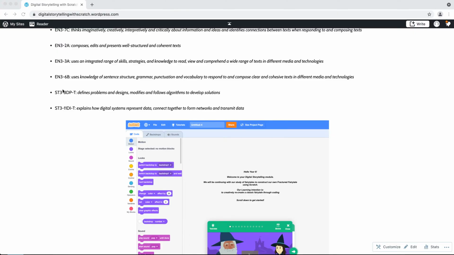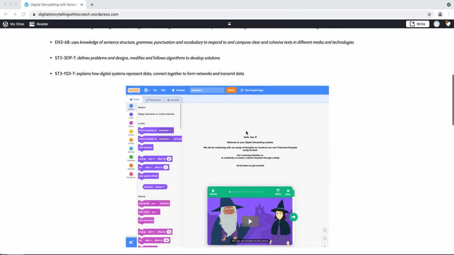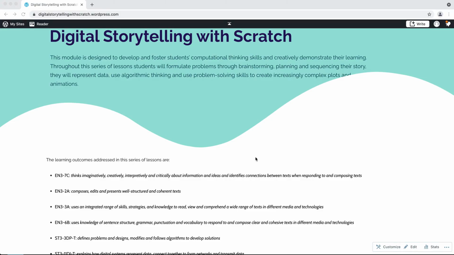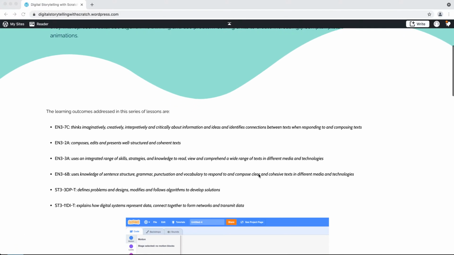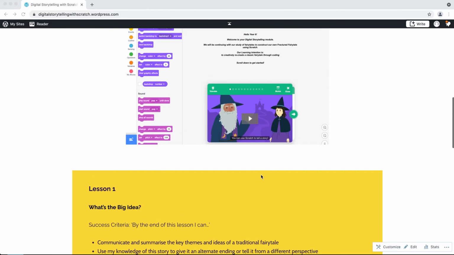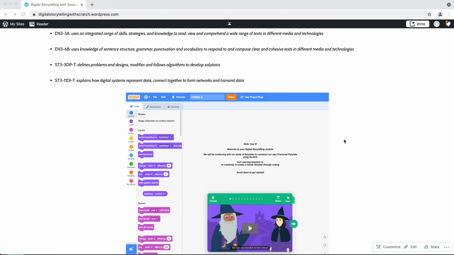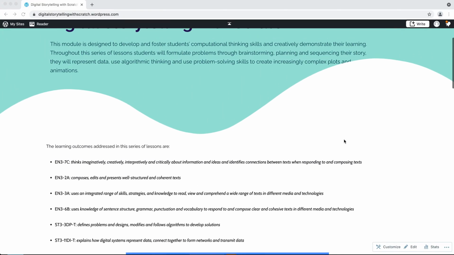demonstrating their ability to define problems and designs and explain how digital systems represent data and connect together to form networks and transmit data, by creating and following algorithms and using problem-solving skills in Scratch to create animations and digital storytelling. So the way this module is laid out is the student would come to this website,